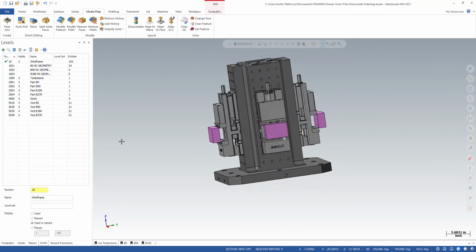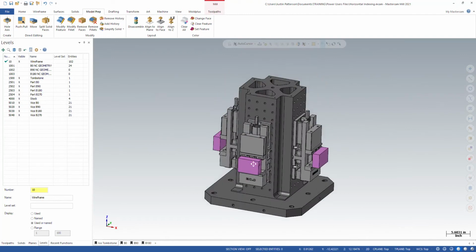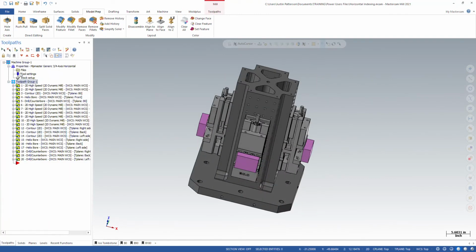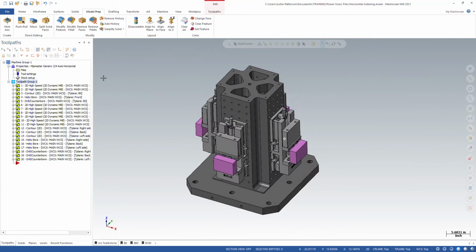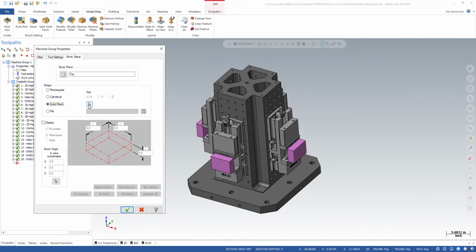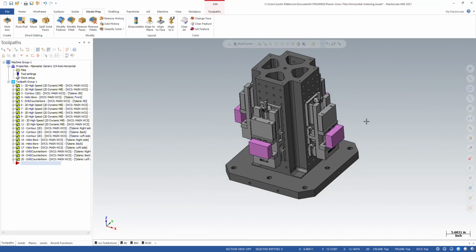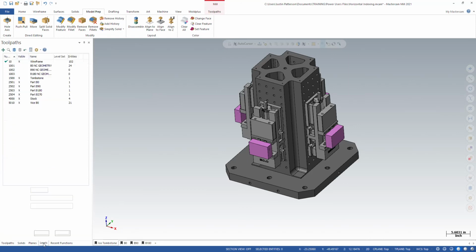And today I wanted to show you a quick tip on how to show multiple stocks, all driven in the stock setup section of Mastercam. Right now, if I go use stock setup and try to select multiple stocks, I'm not allowed to. I'm only allowed to select one solid at a time. So in an instance like this, it does not work really well because I want to show all stocks for all setups. So there's a way we're going to do this, and the first thing you need to do is